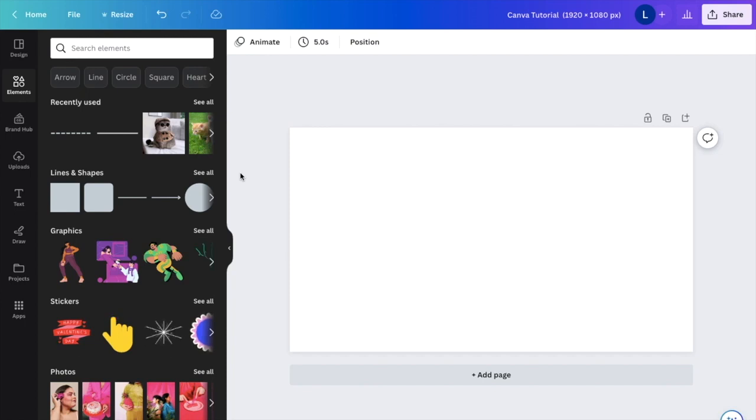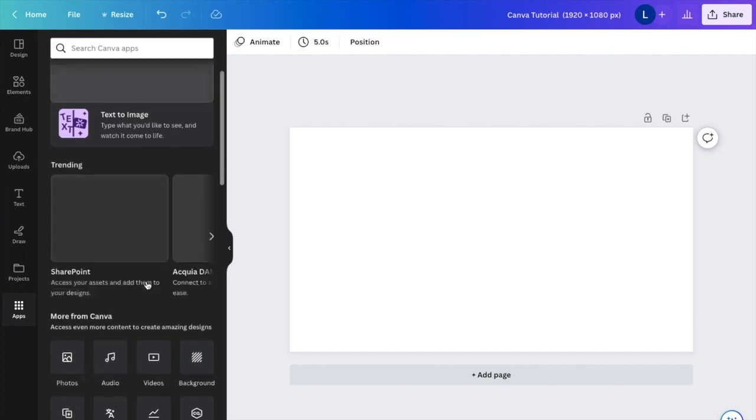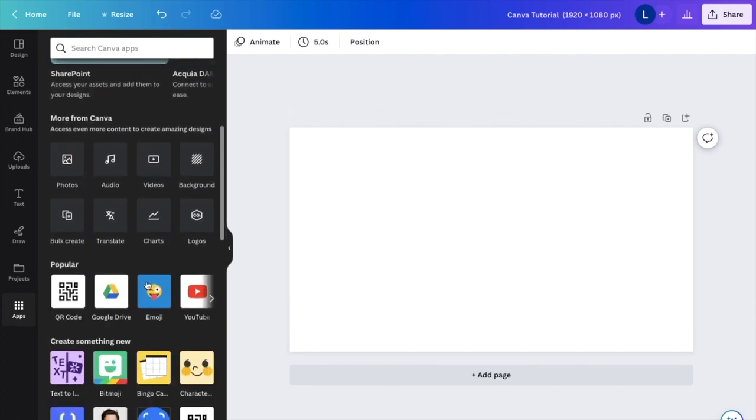So in this Canva tutorial video, I want to show you guys how to create a QR code here in Canva. So first thing you have to do is go to the left hand side of the screen right here. I want you to press on apps. Then I want you to scroll all the way down to where it says popular. I want you to press on QR code